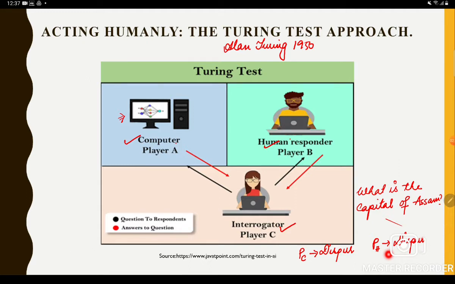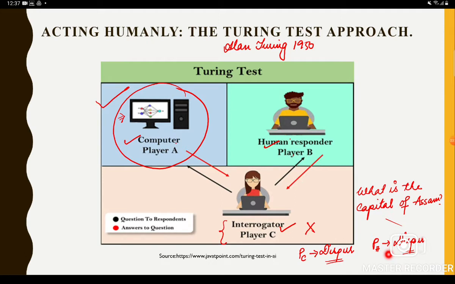So if the interrogator is not able to say whether the answer has been given by a human or a computer, at that point we can say that the computer has passed the Turing test. This is a very simple and basic approach to finding out whether a particular system is